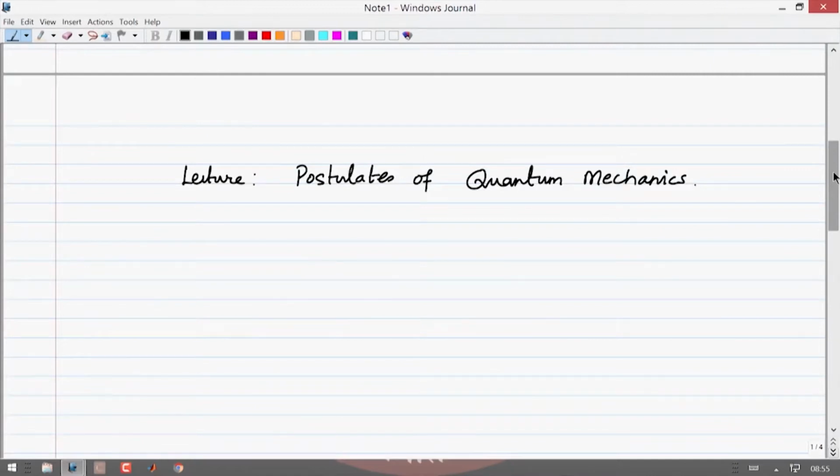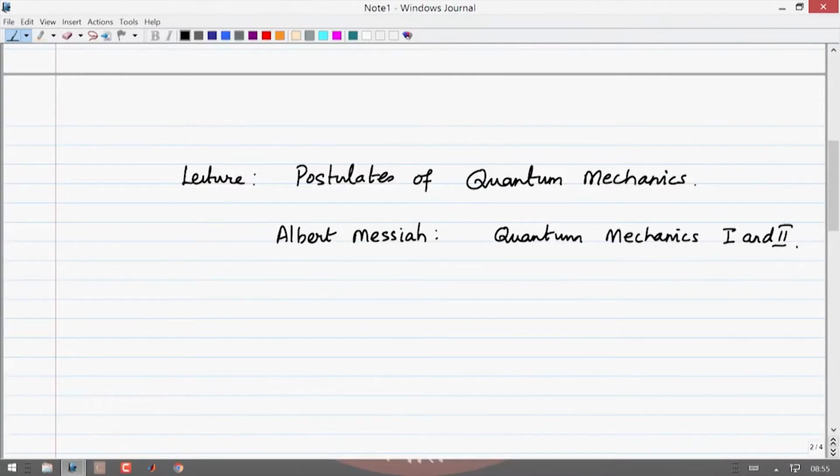I am helped very much by many textbooks, but a particular textbook that I like a lot, and with which I read and studied quantum mechanics many years ago as the first topic, is the book by Albert Messiah, and there are 2 volumes on quantum mechanics. This is also referred to very extensively by another very famous and very thorough textbook in quantum mechanics by Cohen-Tannoudji from France. It is a very large volume, and that is of course if you need to study the topic much more in detail.